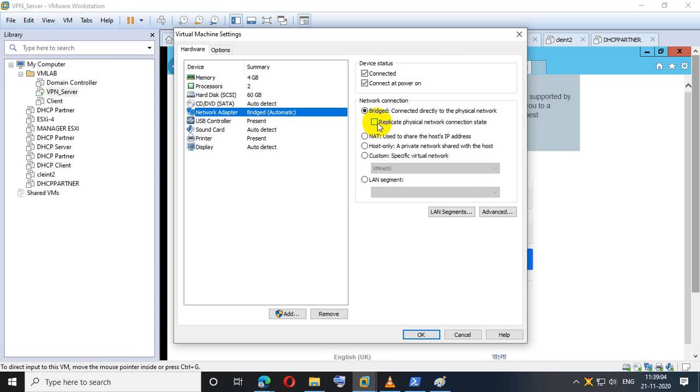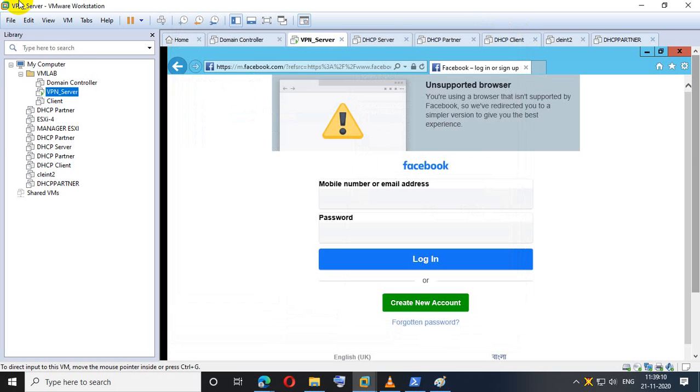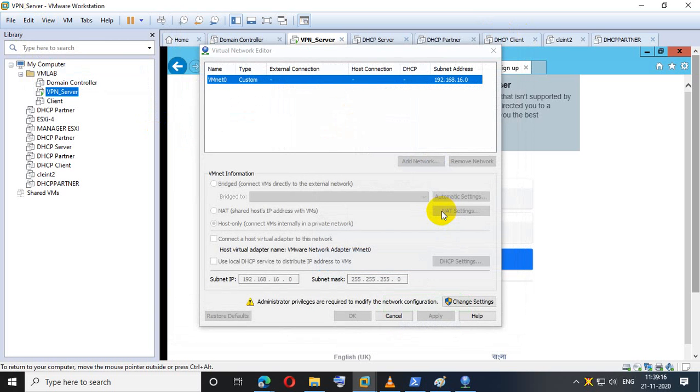The virtual machine is directly connected to the VMware network endpoints. If you go to Edit, Virtual Network Editor, from there I also created another network which is directly bridged to my base machine network. From there, the data flows to my virtual machines. Is it clear or not?